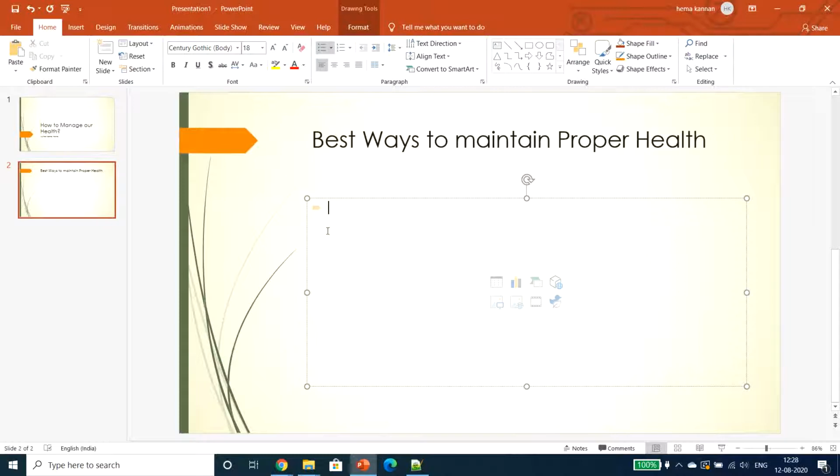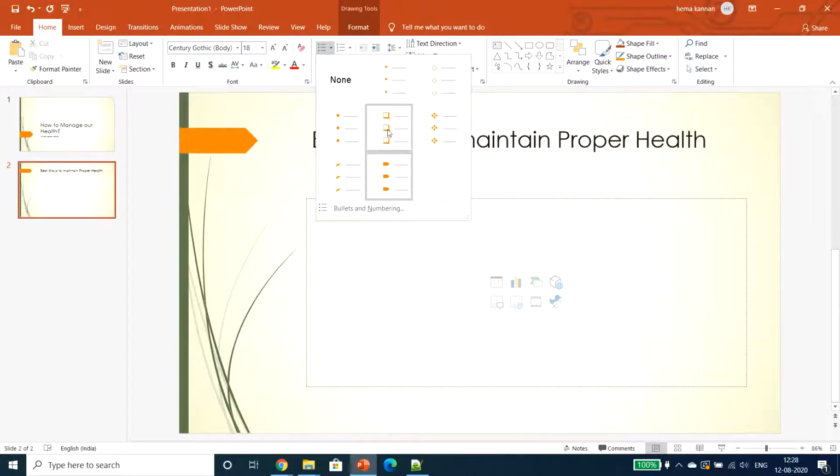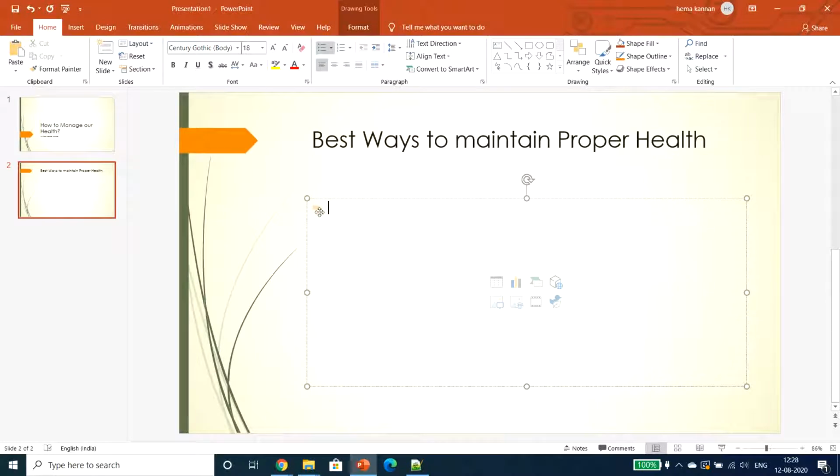By default we have bullet points, or else if you don't need that, we can also select whatever style we need, whether this one, that, or anything. But for this design, by default we have this bullet point. I am going with that. So what are the best ways to maintain proper health?